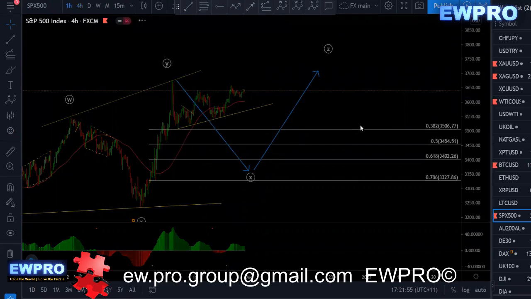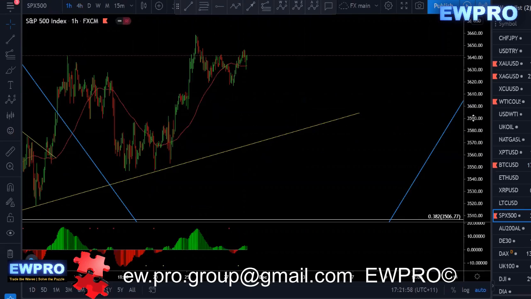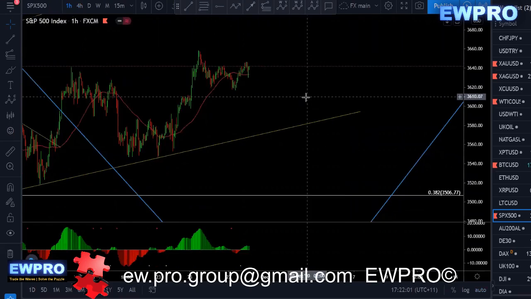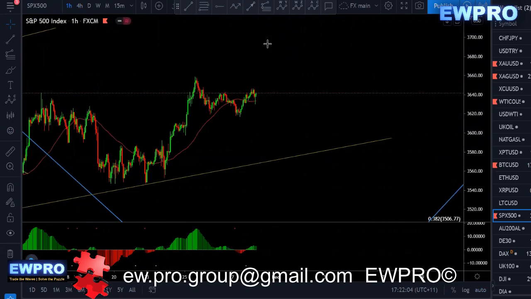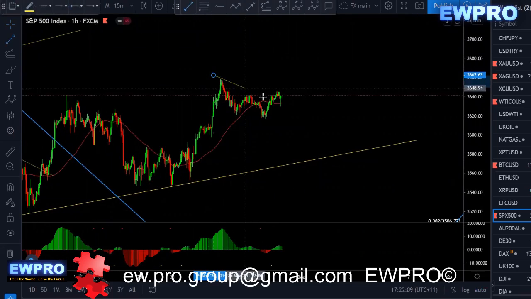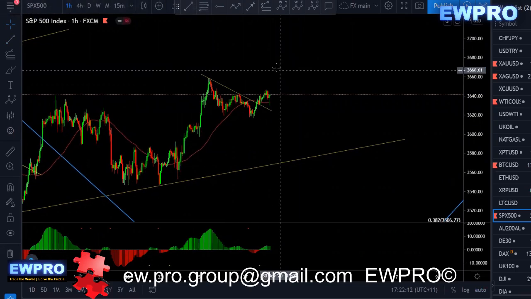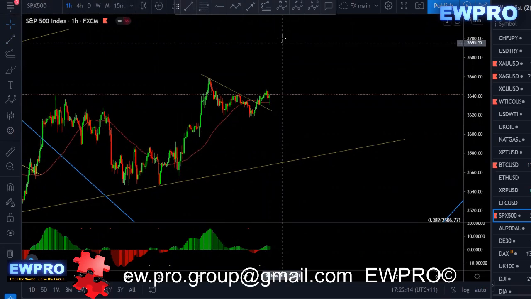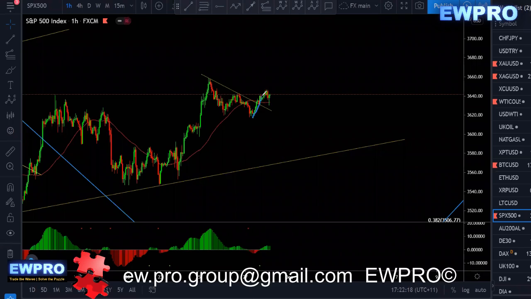I'm actually in the buy up here as well, but it's risky. It's at break even. But we had this flag break here on the H1. As soon as I got this down here and it went back up again, I moved it to break even. So I'm at break even, but I'm looking for this A, B, C. It most likely won't get to the 100 fib, but